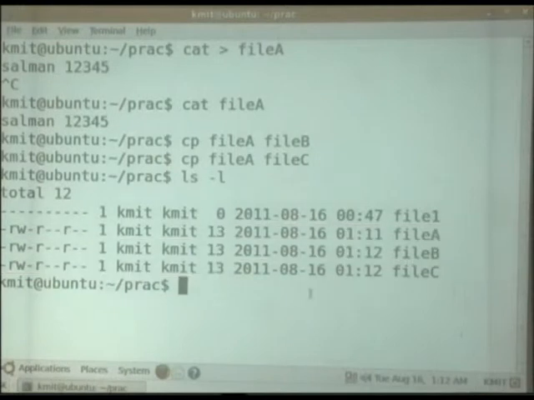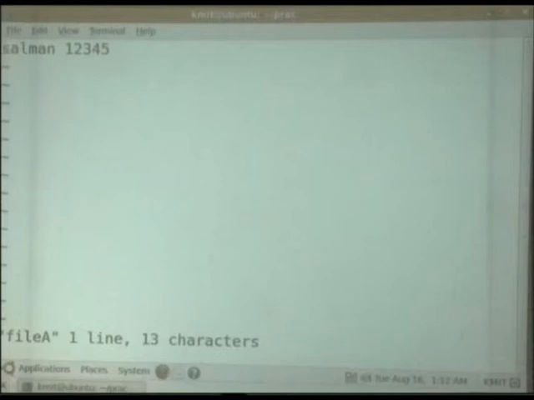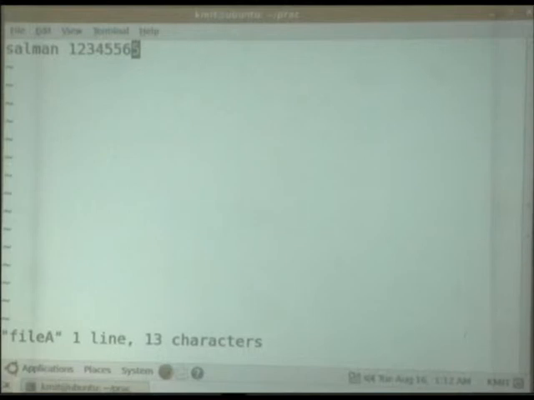Now if I go and change file A, we haven't seen the vi editor, but I'm just using it; in the next session we'll discuss the vi editor as well. So when I go into file A, instead of 1 2 3 4 5, I have just added a few numbers.